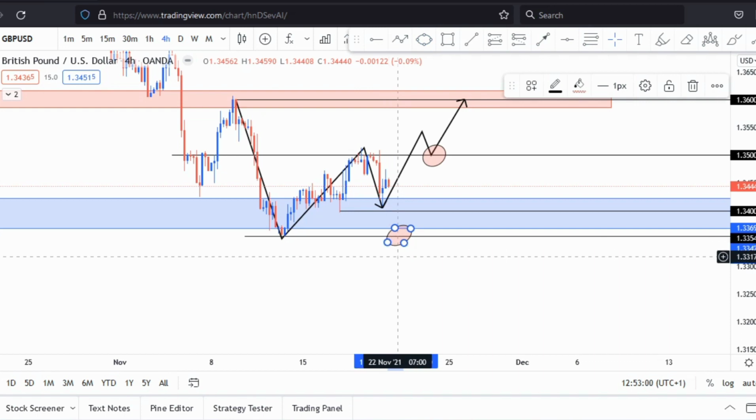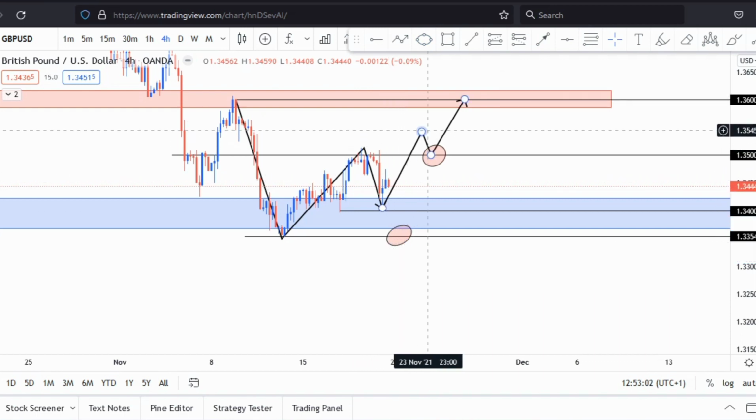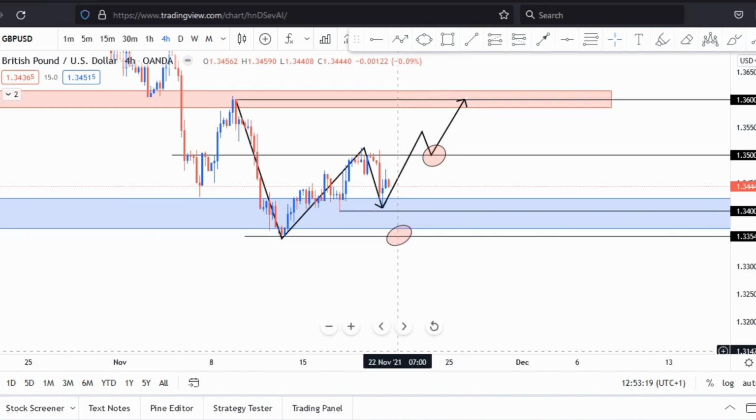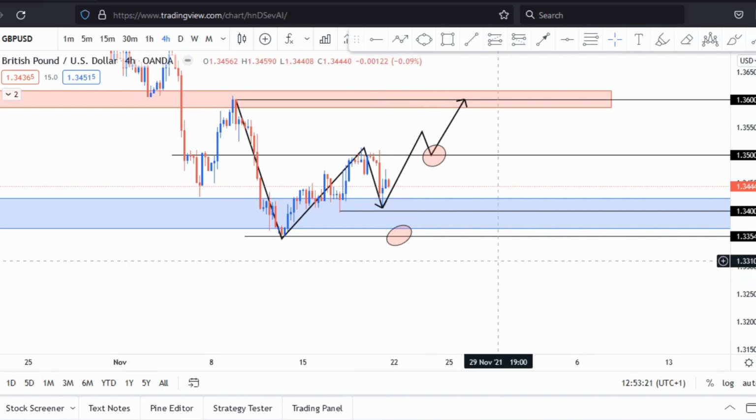It's that level. So this is my analysis for GBP USD for the upcoming week. I'm looking at two major levels, which is the 1.35 level and the 1.335 level, and see how price reacts to those areas. And then I'll be looking to capitalize on the move. So next I'll be talking about